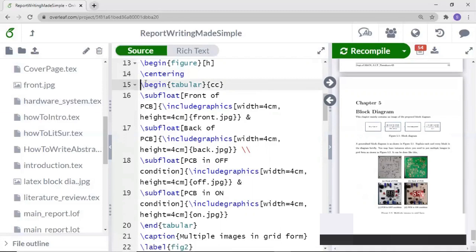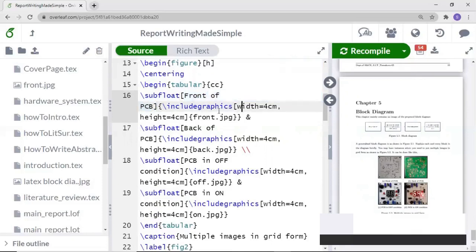So we'll be starting the block called tabular, and then cc indicates that there are two columns. If there are three, you can have ccc and so on. Every image can be included using a command called subfloat, and after the subfloat command you have to caption that particular image.